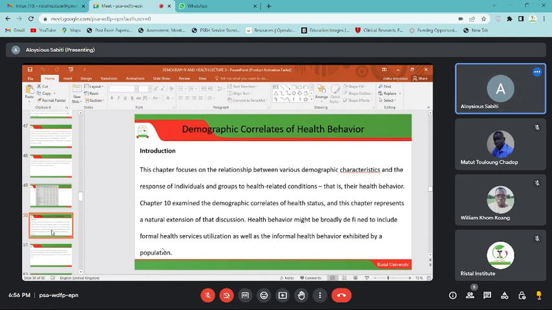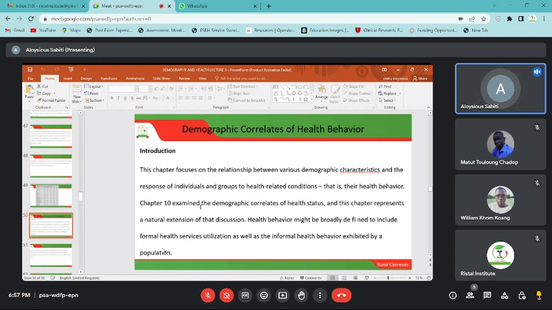in terms of your therapeutic seeking or health seeking behavior when an individual realizes a health problem. So this chapter is going to focus on the relationship between various demographic characteristics and the response of individuals and groups to health related conditions. That is their health behavior. So we intend to examine